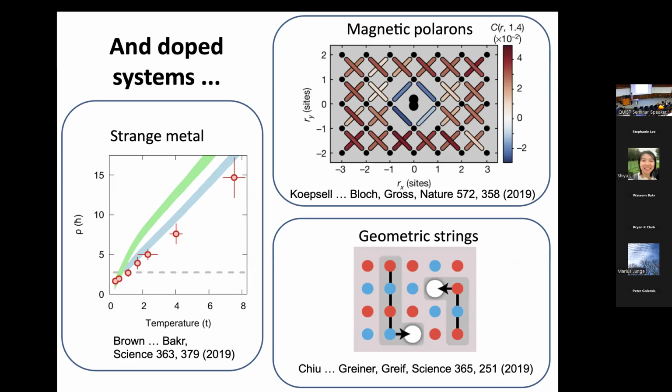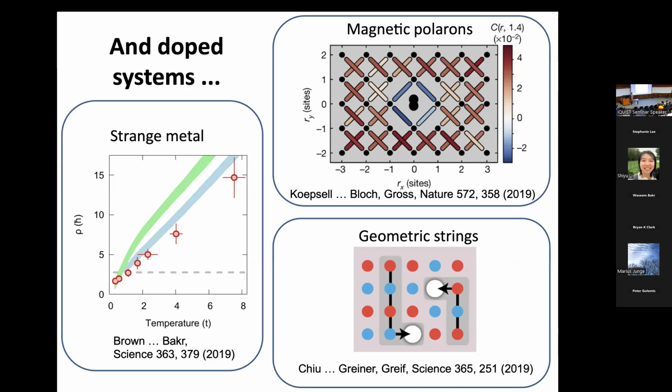You can do bulk measurements, you can do microscopic measurements. These are some things we've done in my group, for example, where we studied transport close to the critical doping of the cuprates, where people see at high temperatures in the normal phase something called a strange metal. There it's characterized by linear resistivity with temperature. And we discovered that indeed the Hubbard model also has something like a strange metal where you can see a linear resistivity with temperature.